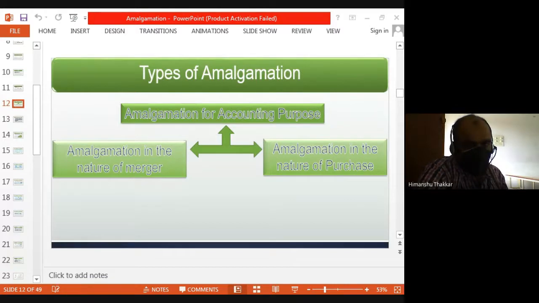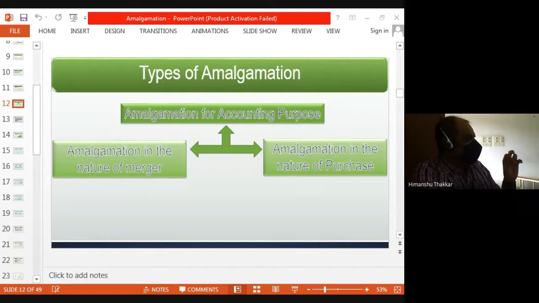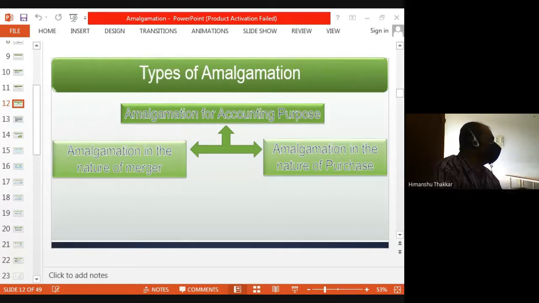Okay. So basically there will be two types of sums. Now in the book that you have, they've given amalgamation a separate chapter and absorption a separate chapter. But we will be doing sums of both of them simultaneously, because there are only two types of sums, whether it is amalgamation or absorption. It can be anything, but there are just two categories of sums. The first category sum is, so far as amalgamation and its meaning is concerned, we have discussed that in the last lecture.